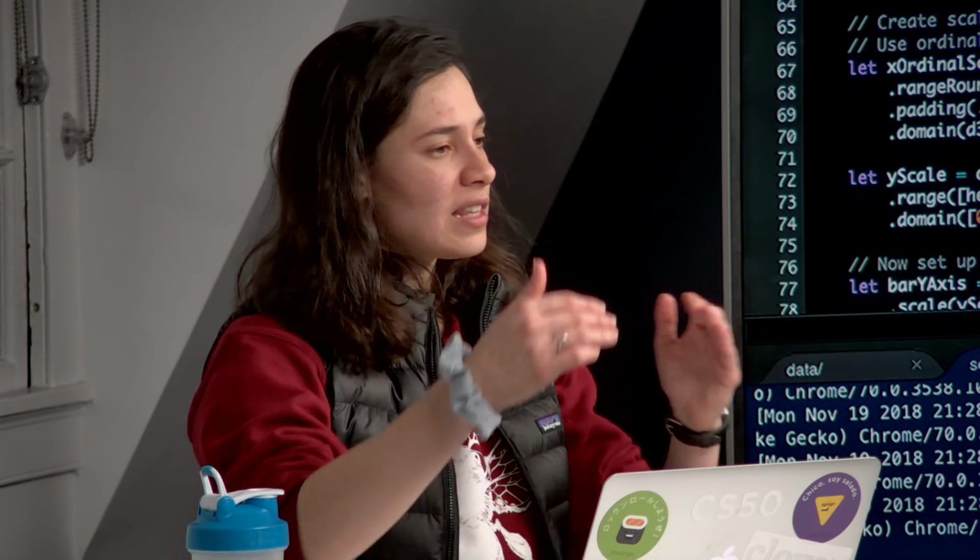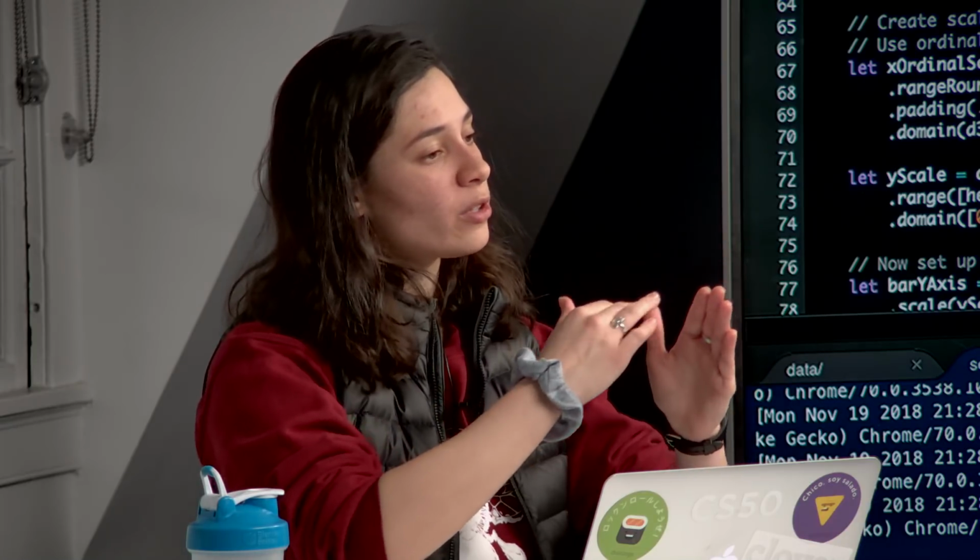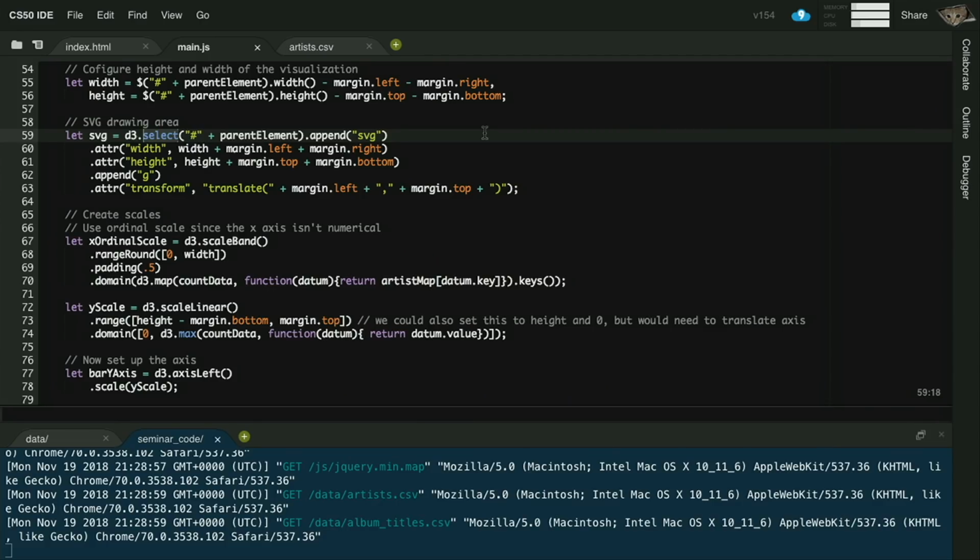D3 expects SVGs. It will only ever append objects to SVGs. And so as a result, the first thing you will always find yourself doing whenever you deal with D3 is making what you can think of as the canvas SVG. This is the SVG onto which all of your particular objects that actually build up your visualization are going to end up. So if we look at this, d3.select is really analogous to our document.querySelector, where we've said, okay,